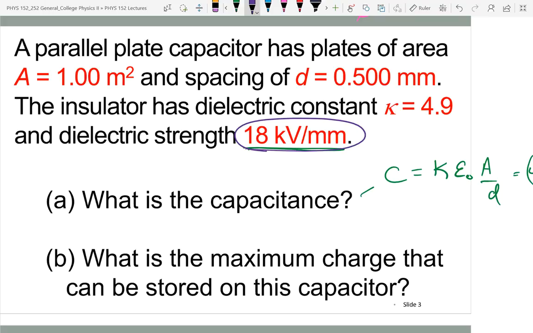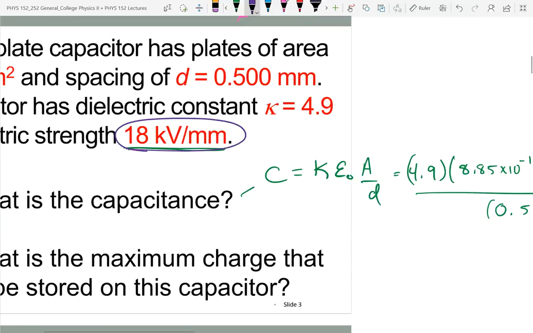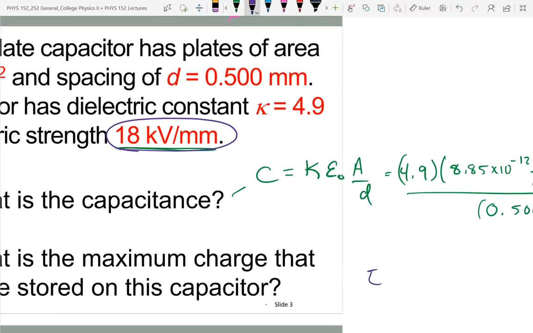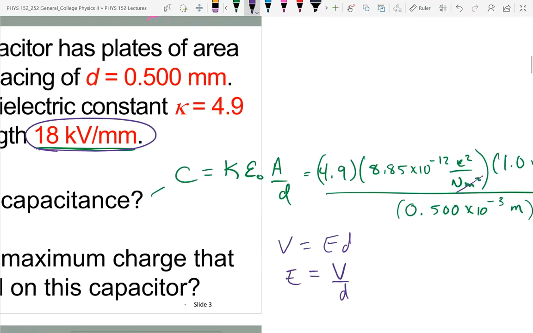Now, with this capacitor, I know that it has a distance of 0.5 millimeters, and the electric field, remember, V is equal to Ed. The voltage difference between the plates is equal to the electric field times distance. So electric field is voltage over distance. So the voltage I can charge it to,